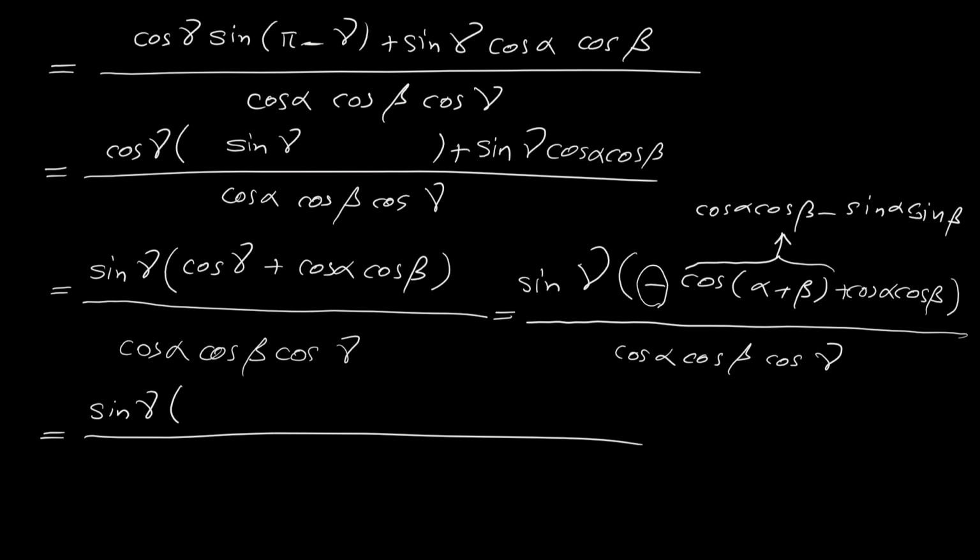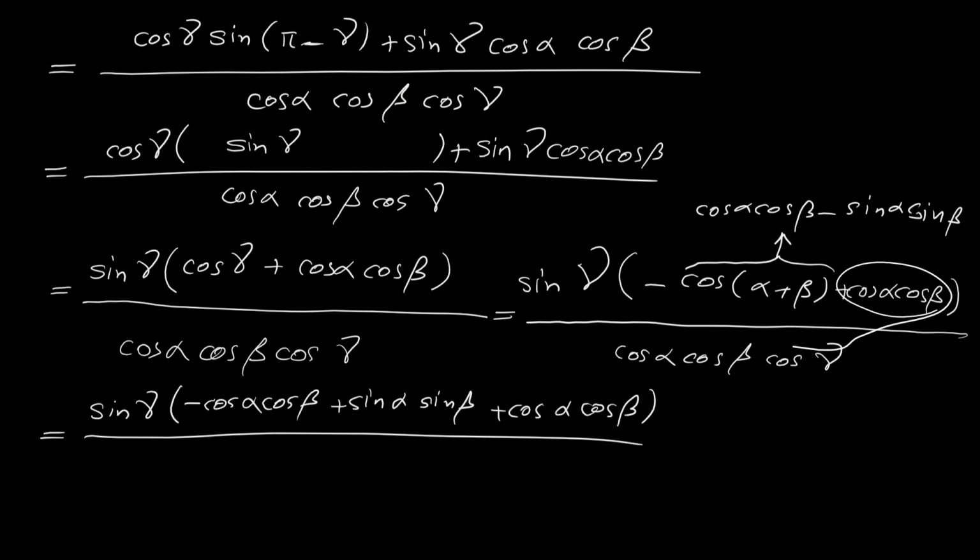But don't forget we have a negative here. So we have to multiply this by a negative and this also by a negative. If we do this here, we have negative cosine alpha, cosine beta plus sine of alpha, sine beta, plus cosine alpha, cosine beta. Don't forget this term. All over